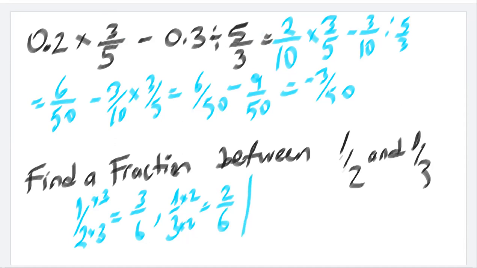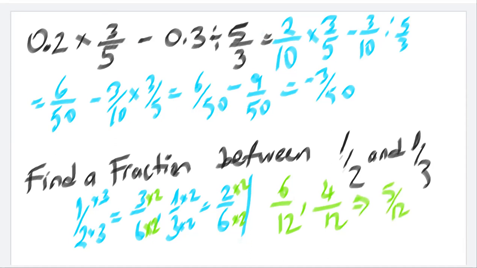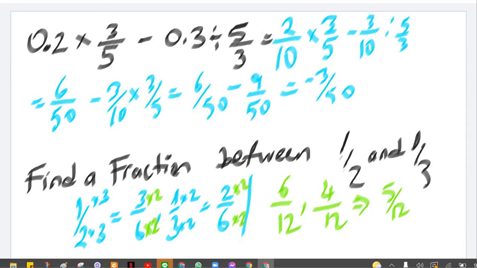Then we extend them by another number. For example, you can multiply by 2 both sides. Here also you can multiply 2 both sides. We are just extending. So the first one becomes 6 over 12, and the second one becomes 4 over 12. Now we can find the fraction between these two, 5 over 12. So if the question asks for more fractions, instead of 2, you can multiply by bigger numbers like 3, 4, 5,